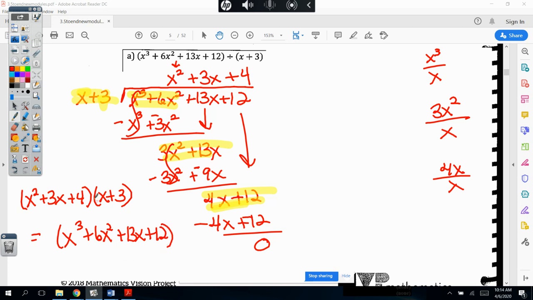And like I mentioned in the last video, you actually could go one step farther because this does factor. You could have said x plus 1 times x plus 3 times x plus 3, which is x plus 3 squared. And again, that stuff we'll do later. You don't have to do that now. The next one,